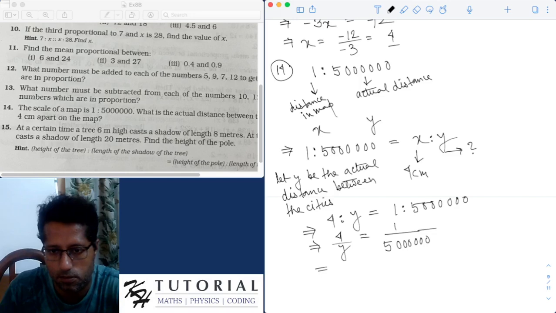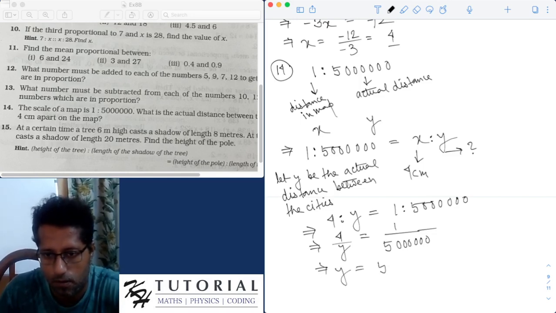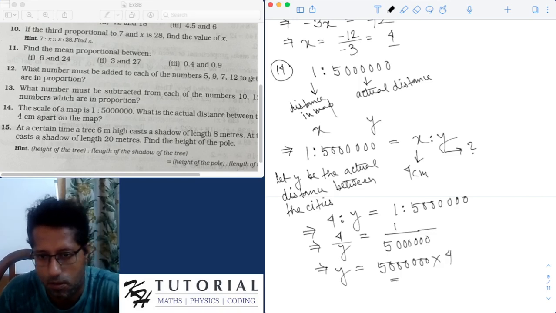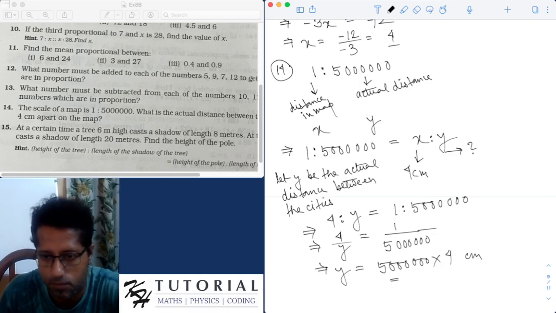This implies Y equals this big number into 4. This should be in centimeter. So this is 20 into 10 to the power 6